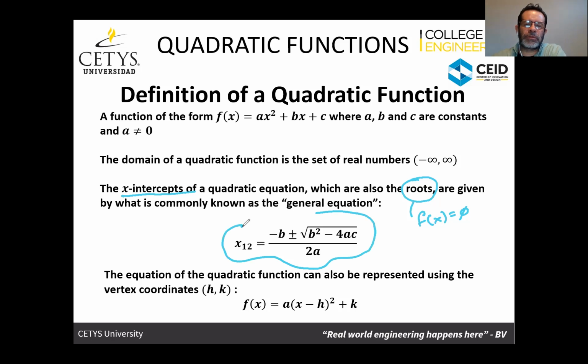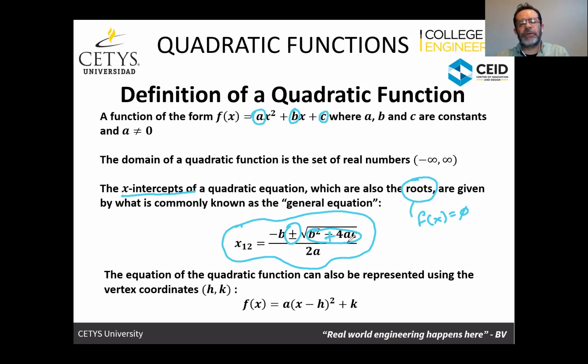Again, you should know this since secondary school or earlier even, which is what's called the general equation or general formula. Given a quadratic equation where I have the 3 parameters a, b, and c, I can find the roots using this expression. It's typical: minus b plus minus the square root of b squared minus 4ac divided by 2a. And the important thing here is that the roots are always going to have a positive version and a negative version. If what we have here